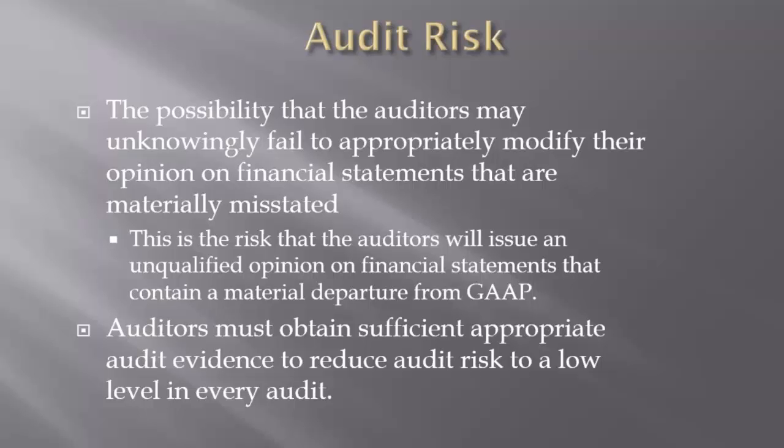Audit risk is a unique form of risk from the perspective of the auditor. The auditor does not want to do things wrong. The auditor does not want to issue an unqualified opinion when in fact there are material monetary misstatements embedded in the financial statements. So that's the risk. The risk is that we issue an inappropriate opinion. In simple terms, audit risk is the risk that the auditor is wrong. Well, the auditor doesn't want to be wrong.